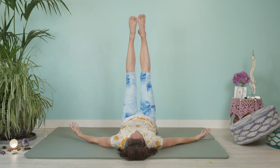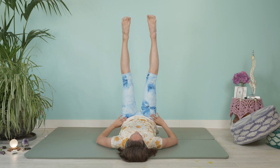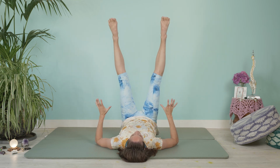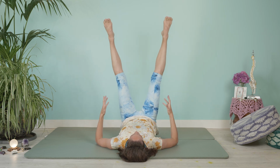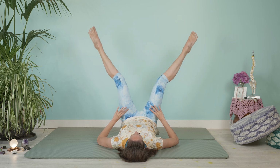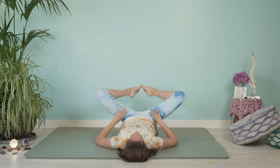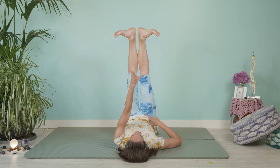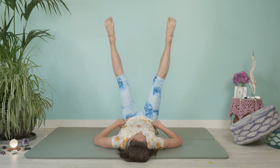Let the arms come down. We're going to finish with a bit of internal rotation because that's just as important, because we want all ranges of motion in our hip sockets. So gently put some space in, internally rotate, bend, and reach. Let's flex, almost like a geyser. And point, and really as if you are